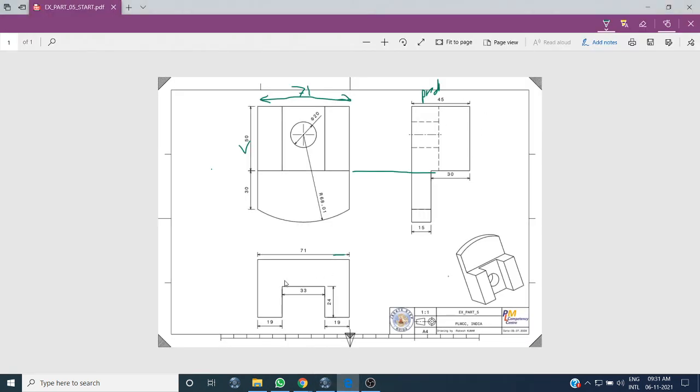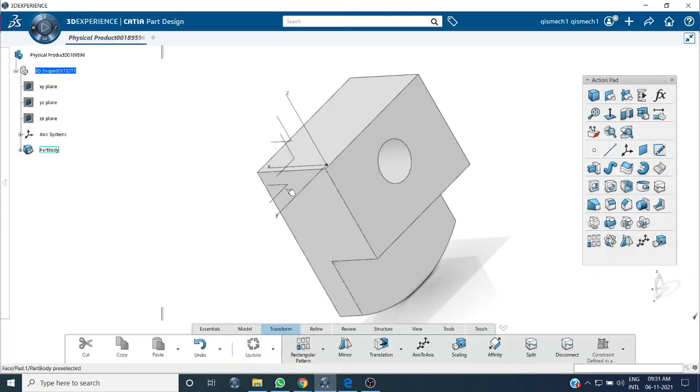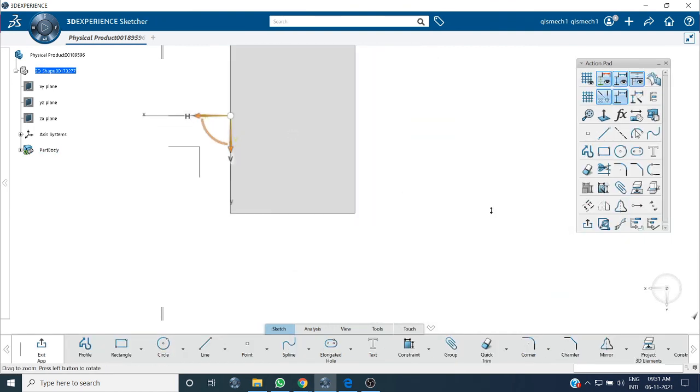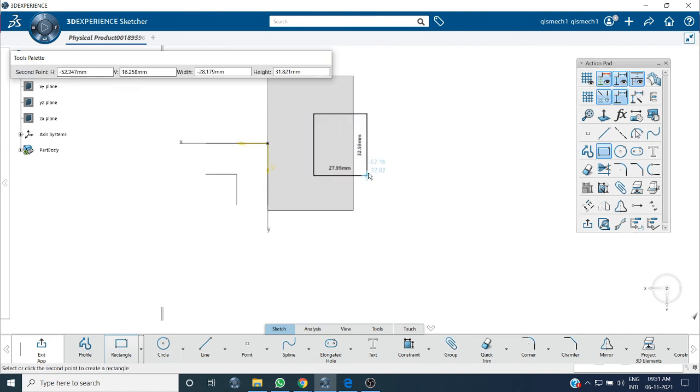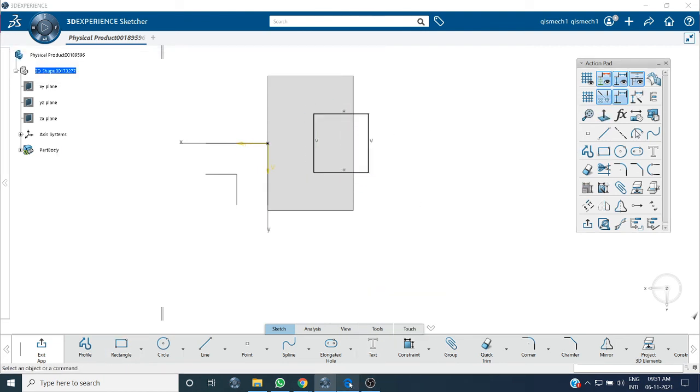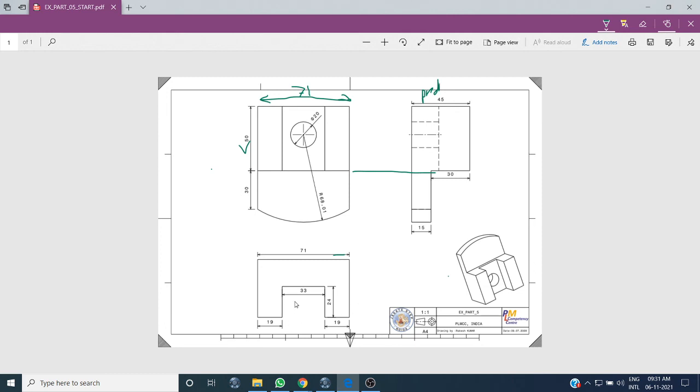Now go to the top view. Do that diagram and remove. Taking a rectangle, the length is 33, and another is 24.